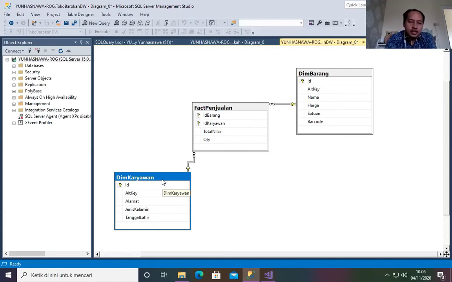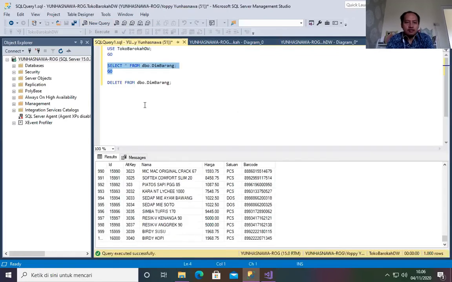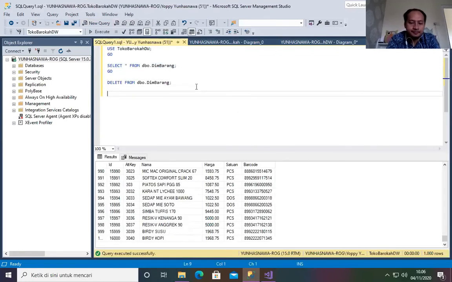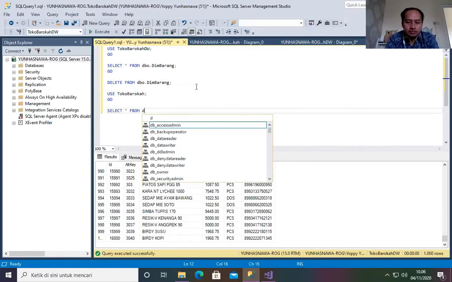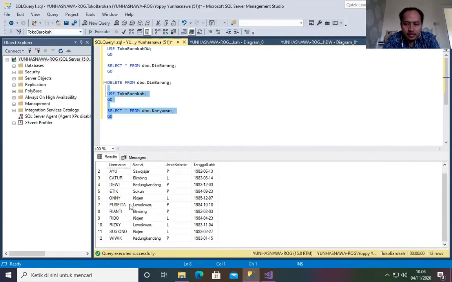Here we want to make sure that we are taking the data from our OLTP database, in the karyawan table. Let me check the content of the karyawan table. Okay, it contains 12 records.